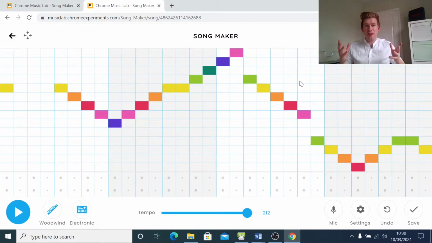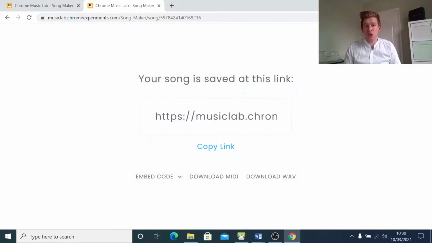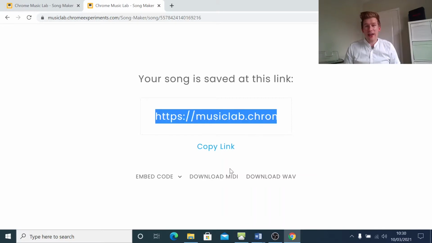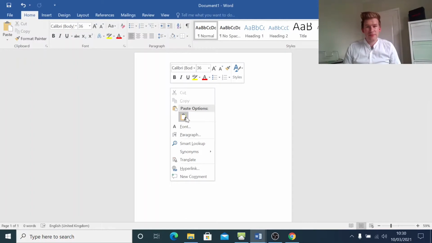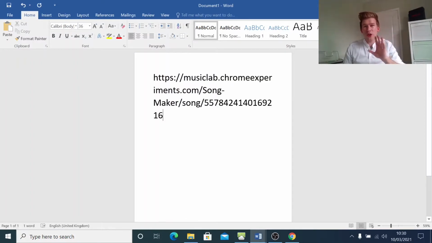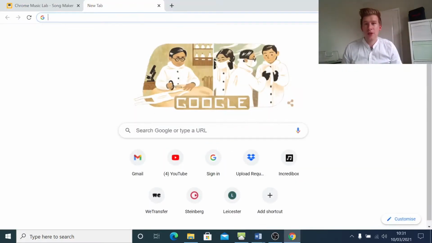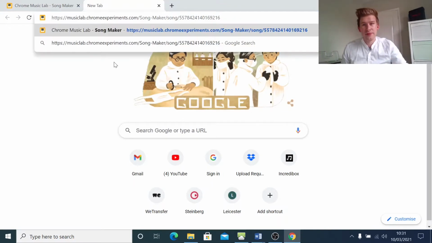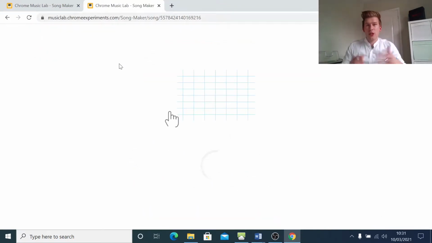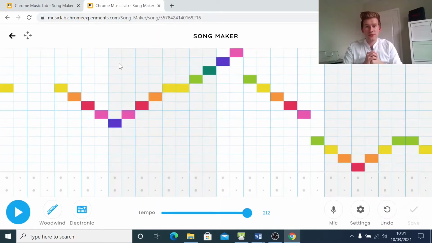Once you're happy with your final springtime melody, here's how to save it. Click this bottom right tick button that says save, and this will generate a link for you. Copy that link and paste it and save it in a Word document, like this. You've now stored your song on a Word document, and at any future point you can copy this link, paste it into a web browser, like this, click enter, and your song will load exactly as it was,